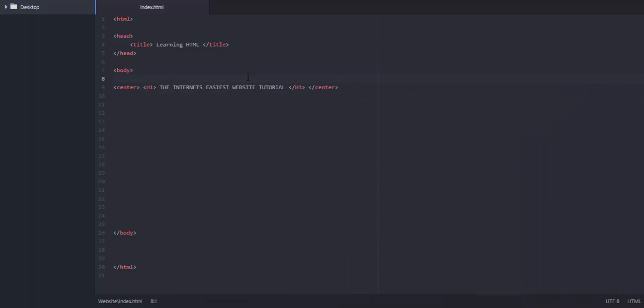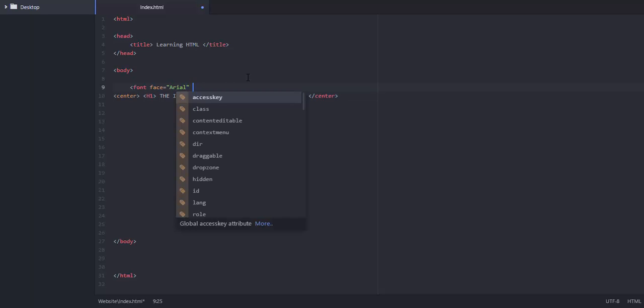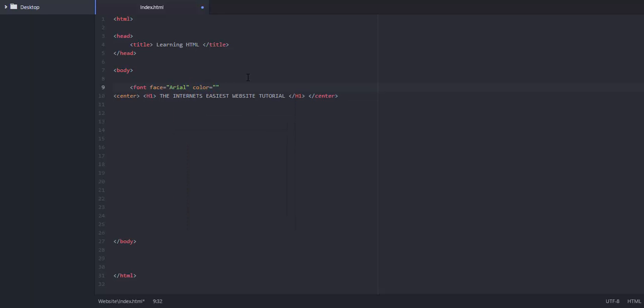Now, let's say we want this in a colour. So let's pick a certain colour. You can do fonts as well. So let's do font face equals, and then you use these quote signs inside for, let's say, Arial. And let's do color equals, let's pick a nice, in fact,